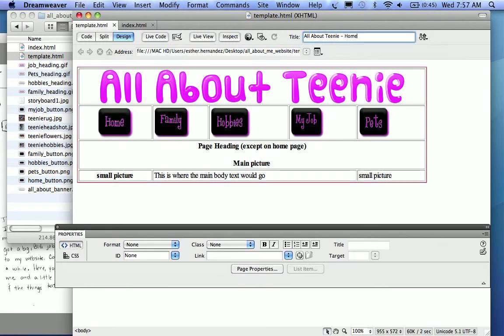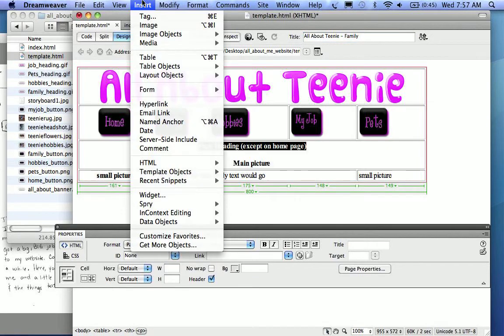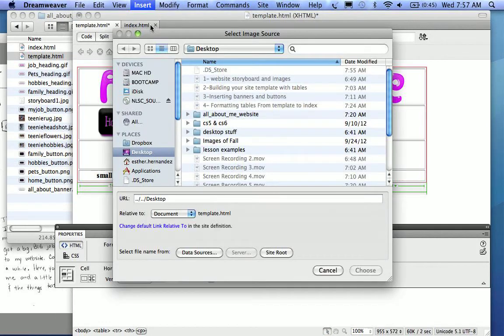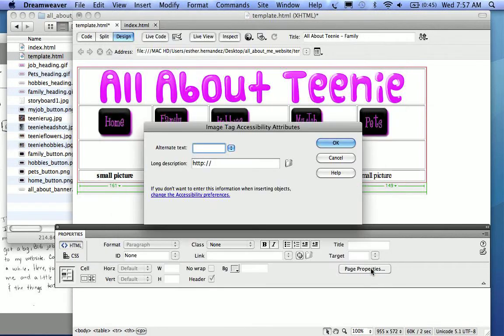So this would be all about Teeny, not home, but family. And on this page, I would insert my family button, just the way I did my family heading, just the way I did the other stuff. Nothing new,